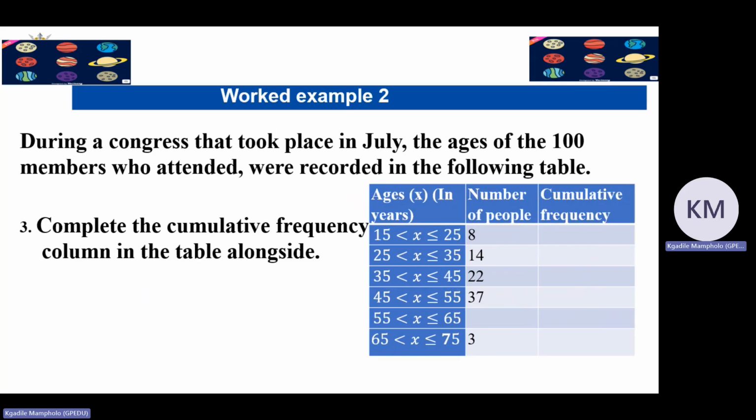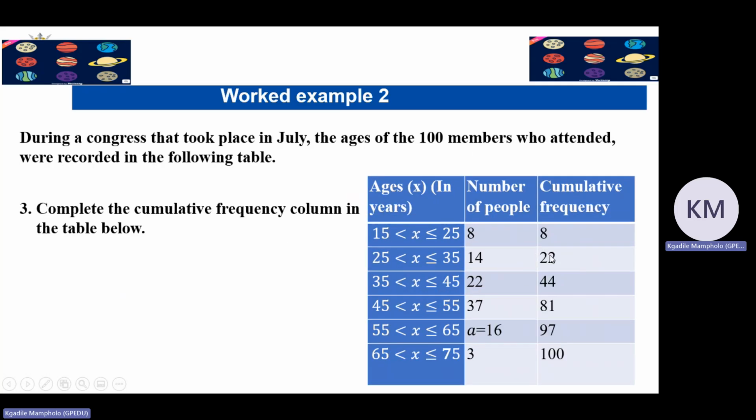Complete the cumulative frequency table. You know how to do it. The first one will be 8. The second one will be 8 plus 14, which is 22. The next one will be 22 plus 22, which is 44. The next one will be 44 plus 37, which is 81. The next one will be 81 plus 16, because now we know the value of A, which is equal to